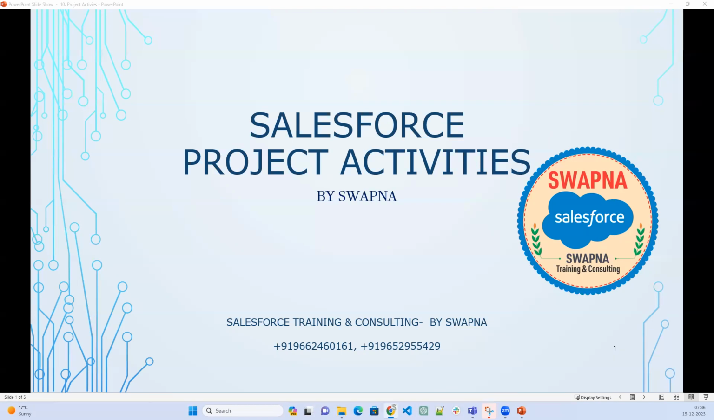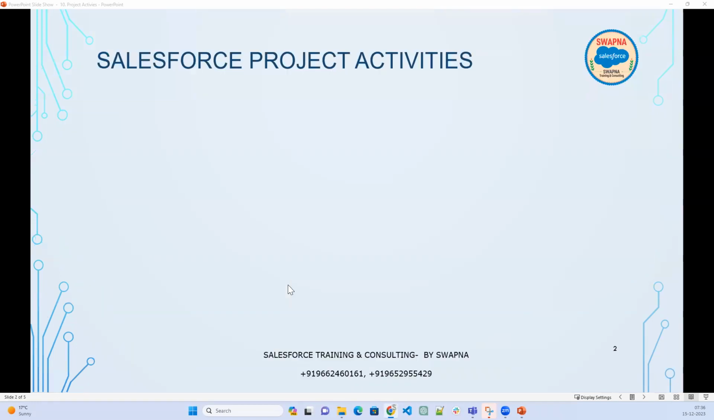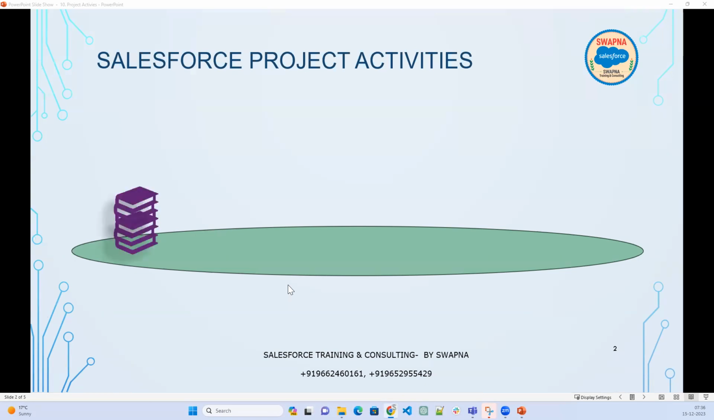Salesforce project activities. What are the activities that we will be doing as part of the project? If I join a company and start working on it, what are the things that we will be doing? In terms of Salesforce, once we join the company, in the project activities, we have a product backlog. Product backlog is nothing but